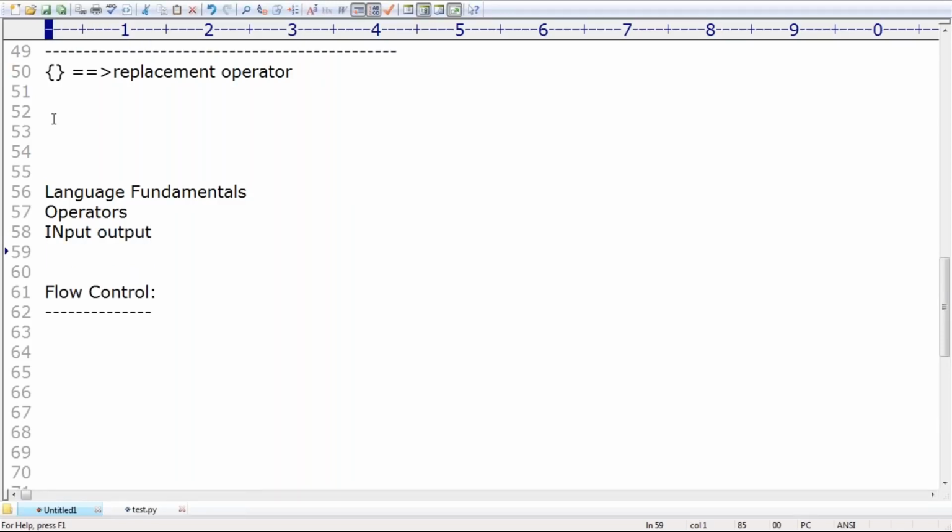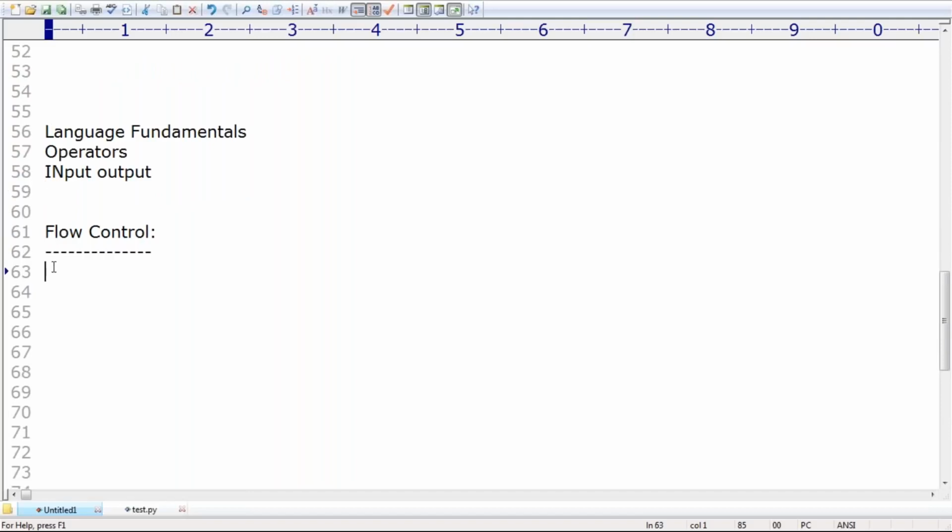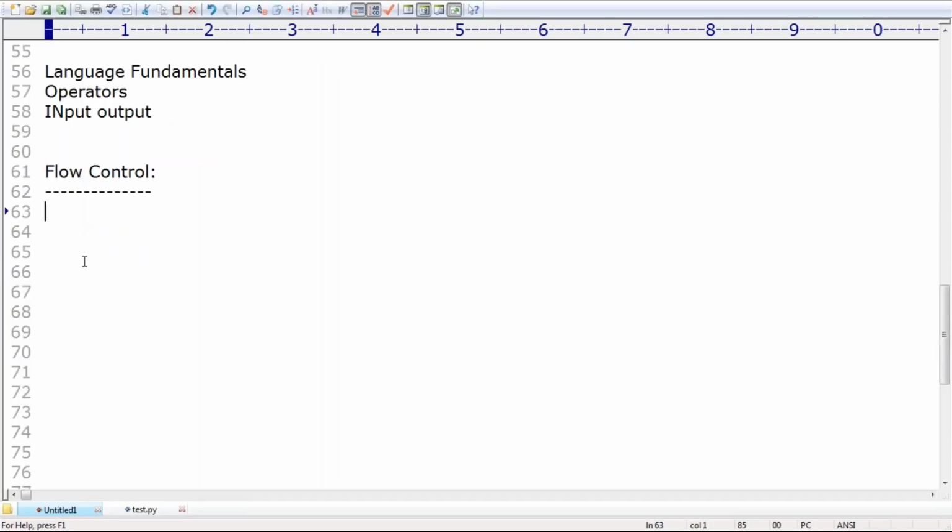What is the next topic? We have to talk about flow control. Remember that. Flow control means at runtime, in which order the statements are going to be executed. Assume that there are almost 10,000 lines of code. In which order the statements are going to be executed is decided by flow control.